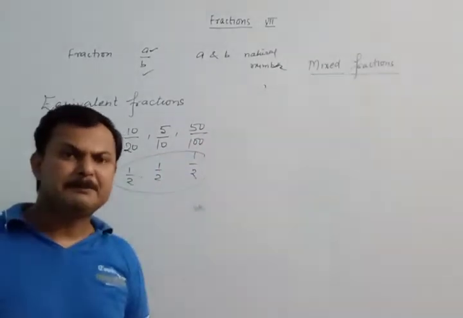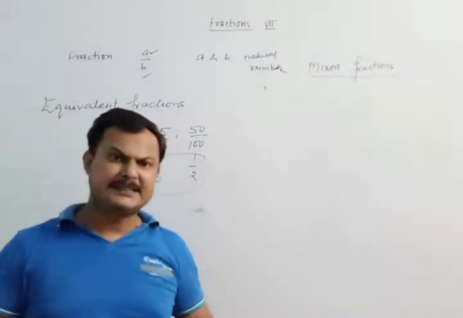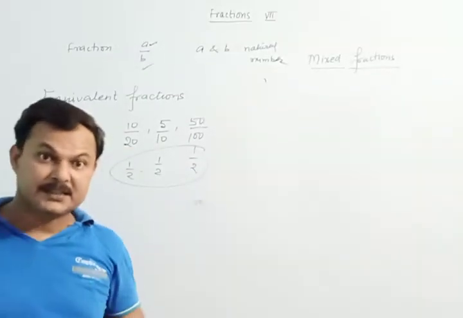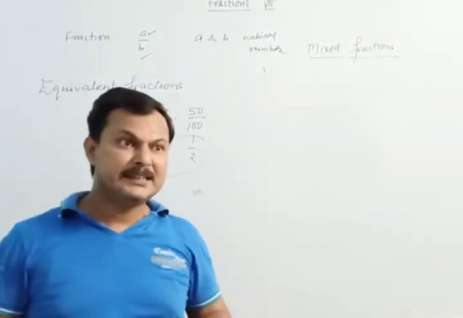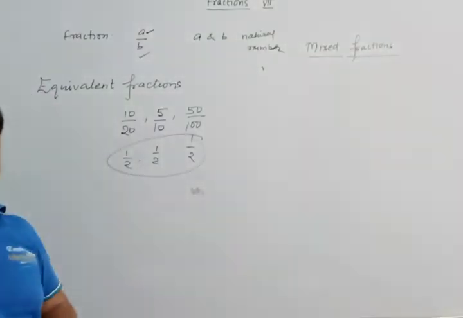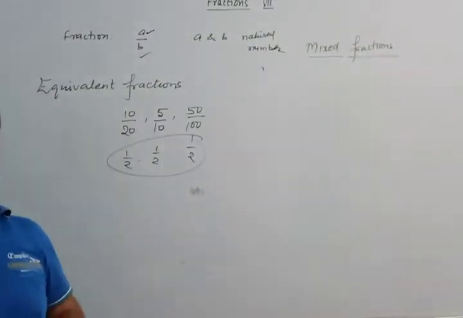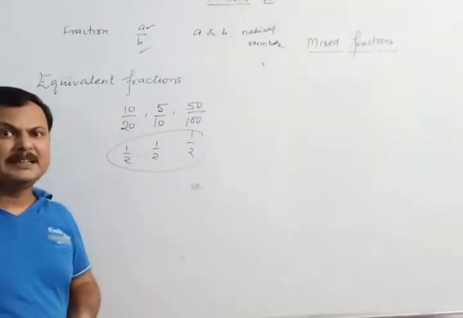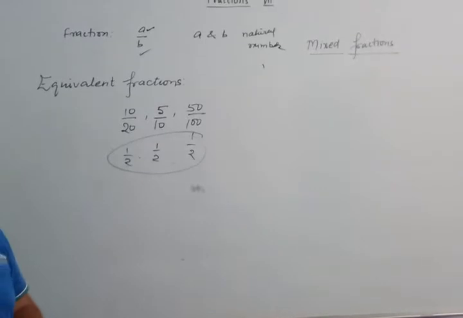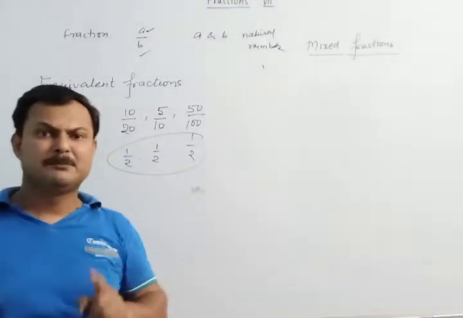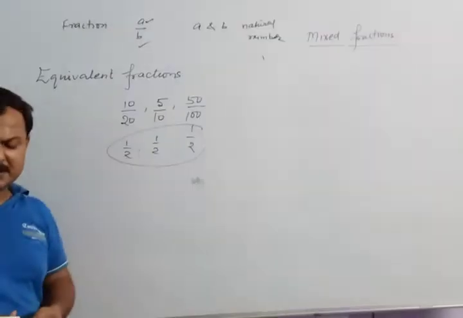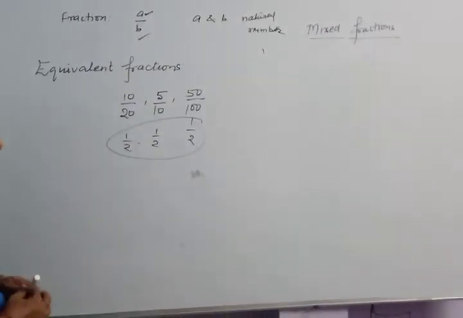If we multiply the numerator and denominator by the same number, we get an equivalent fraction. And vice versa, if we divide the numerator and denominator of a given fraction by the same number, then we will again get an equivalent fraction. So to obtain an equivalent fraction, we have to multiply or divide the numerator and denominator of the given fraction by the same number. You get it? That is what equivalent fractions are. Then after that, like fractions.